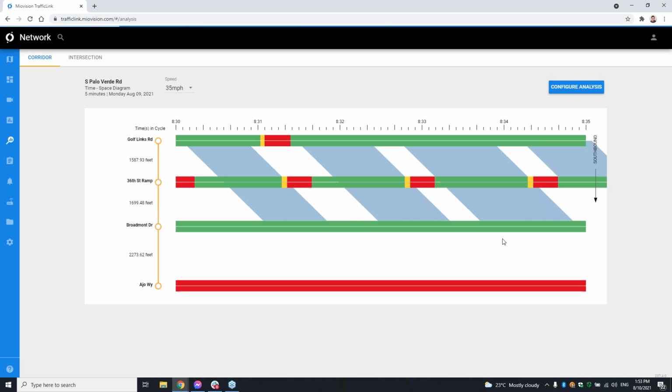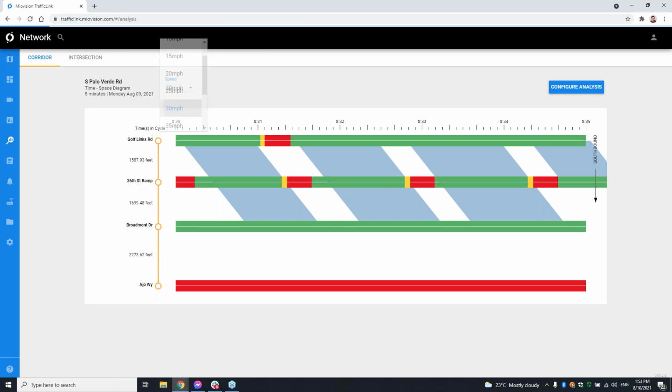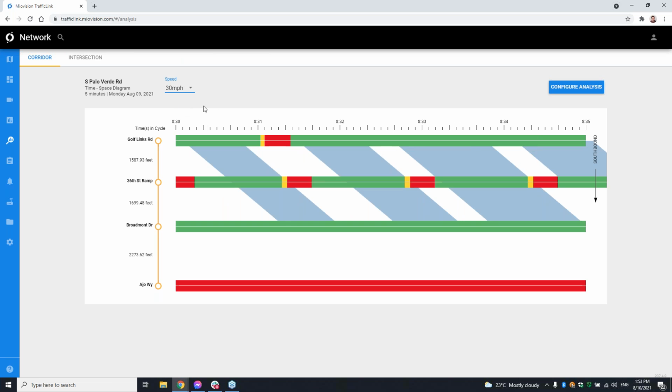From here, we can actually start seeing where it is breaking down and how well these progressions are actually working. And when Olivia was showing the speed limit up at the top here, you can see how you can simply make an adjustment to a what-if scenario, if you were to make a change to the speed of the road, like if you were to slow it down, does that make it better? Or is it really the offsets between these intersections that we need to adjust to make improvements?